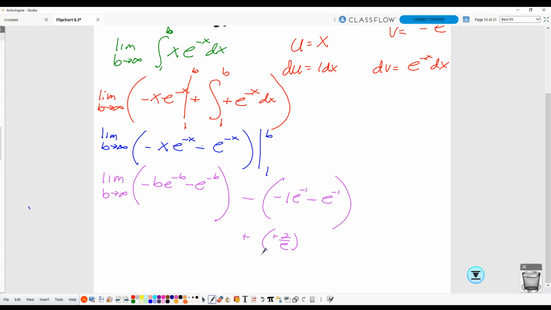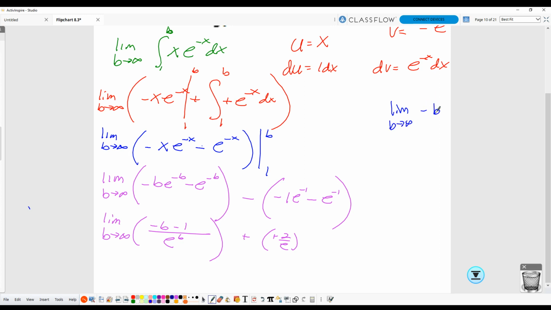Well, because you read the title, we have to do L'Hopital's with this. The e moves down. L'Hopital's only applies to fractions. That was negative b over e to the b minus 1, and that's infinity over infinity. But we need to be formal about it and say,